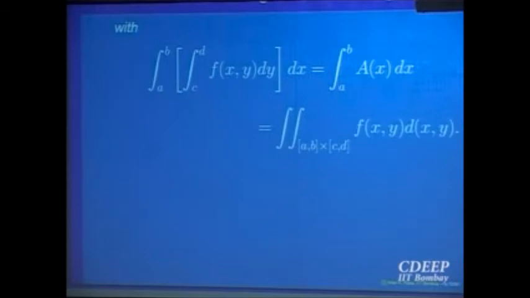It's clear to everybody? Yes? So can we take dx first and then dy? That is the second part, I am coming to that. We don't differentiate between x and y. Whatever is true for x is going to be true for y also. So that is the second part of it.